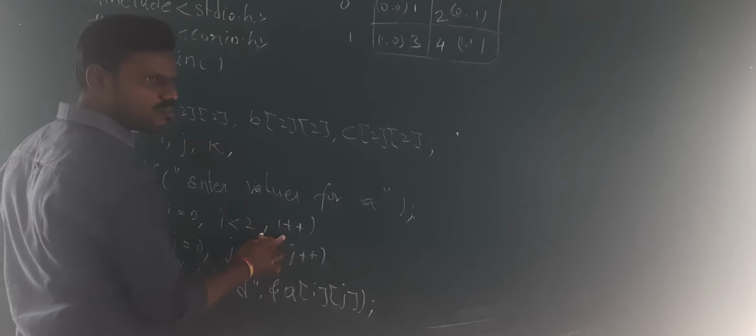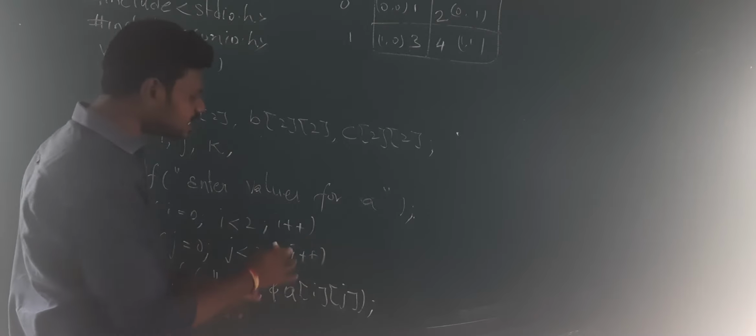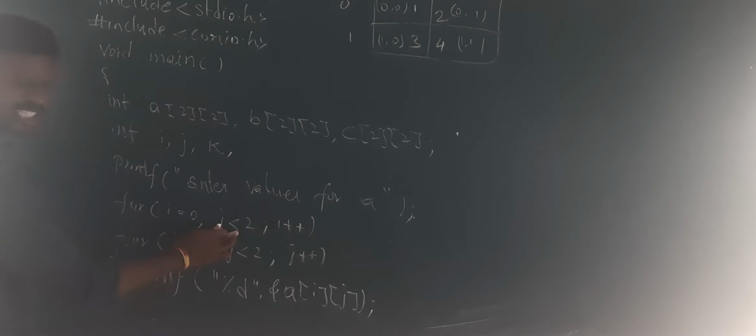2 less than 2, no, it is not true. Then I will be coming out from this. Now I will be incrementing the value of I. I is 1 in the previous case. Now it will become 2. 2 less than 2, no, it is not true. I will be coming out from this. See how I have done. I have accepted the values into numbers. In this way, we will be doing for the second one.